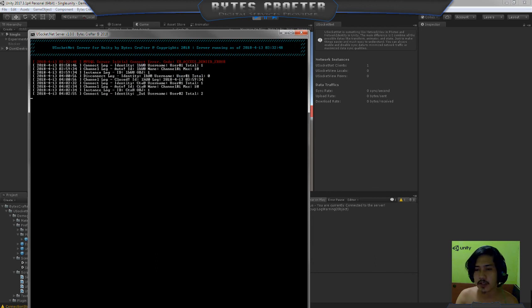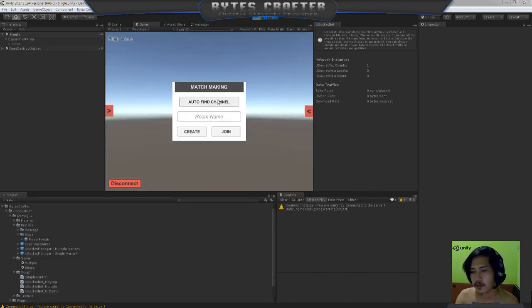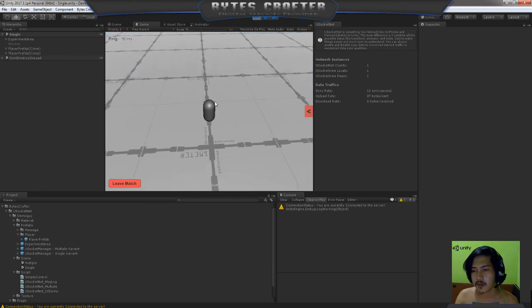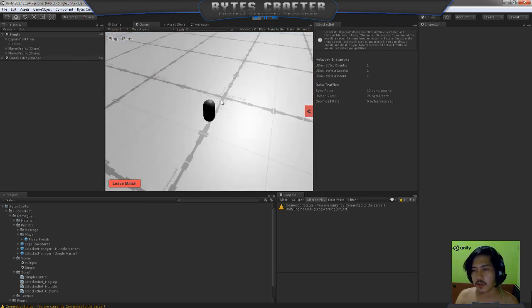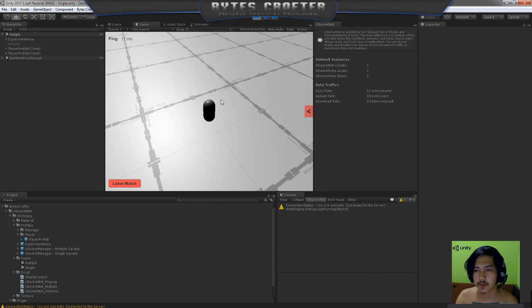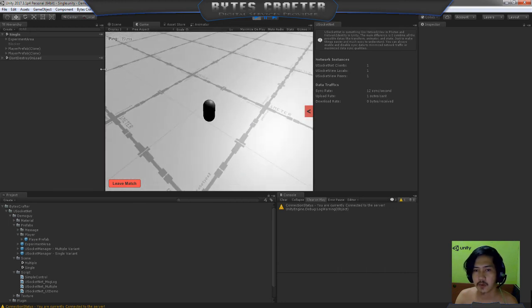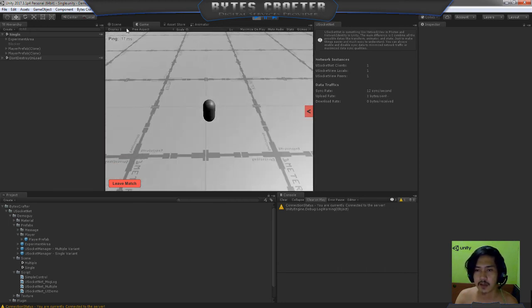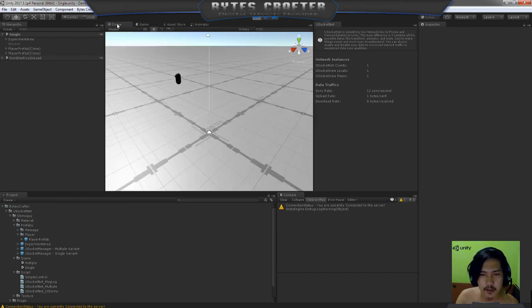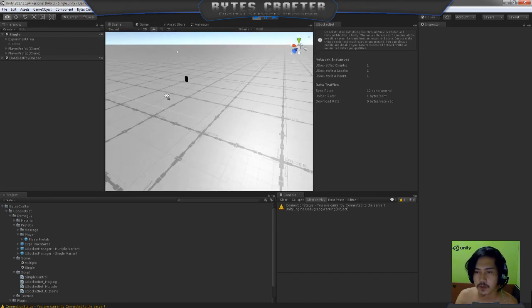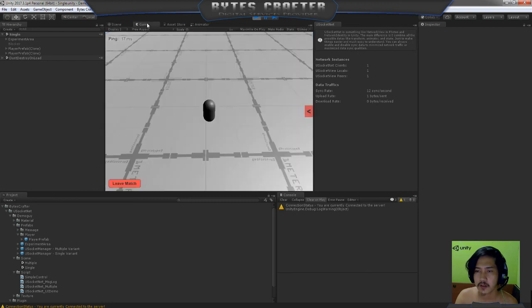Again, you can see here that you have lots of lag happening. They join on the same socket, so basically they will see each other. Currently there are 2 prefabs. Where is that one? It's so far.